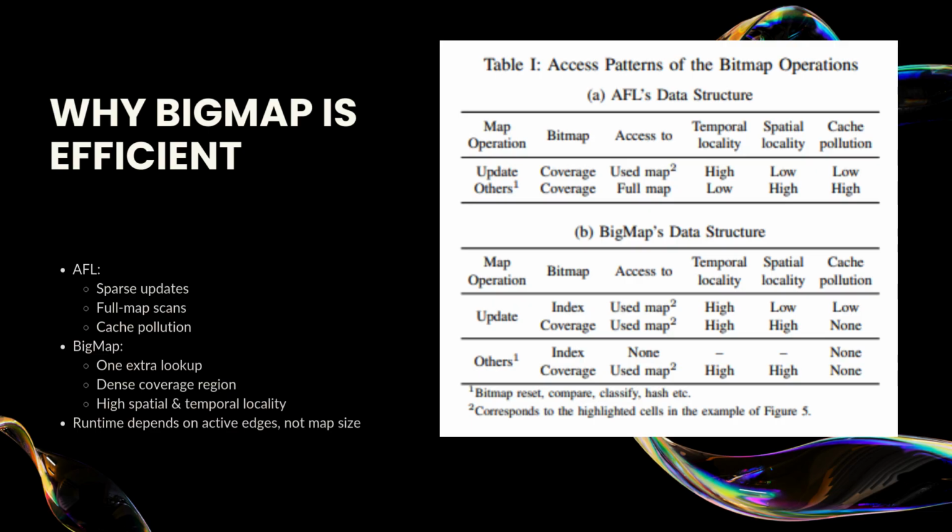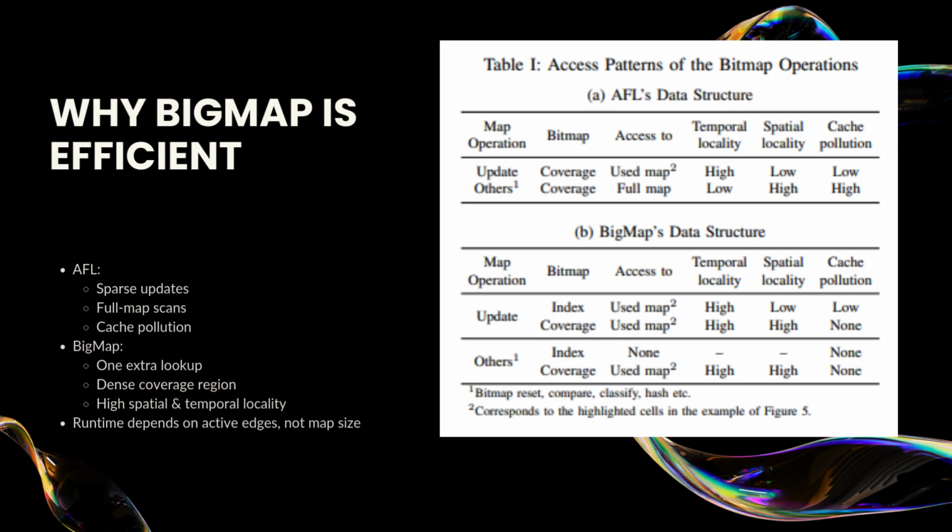The key trade off is simple. BigMap performs one extra memory access per edge during updates. In exchange, it avoids scanning megabytes of unused memory per test case. This trade off is overwhelmingly beneficial. Most importantly, the runtime of bitmap operations now depends on the number of active edges rather than the total bitmap size. This breaks the direct link between map size and performance, and that's why BigMap can support very large maps